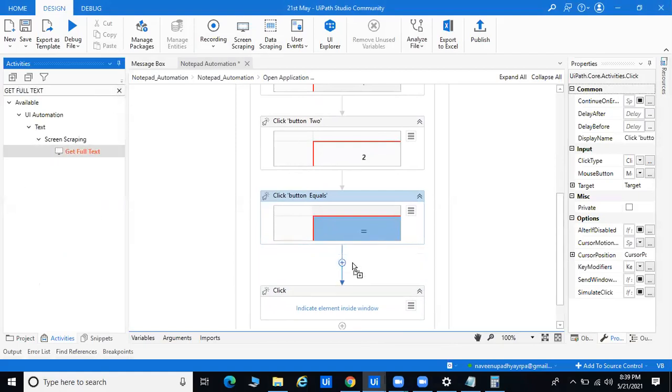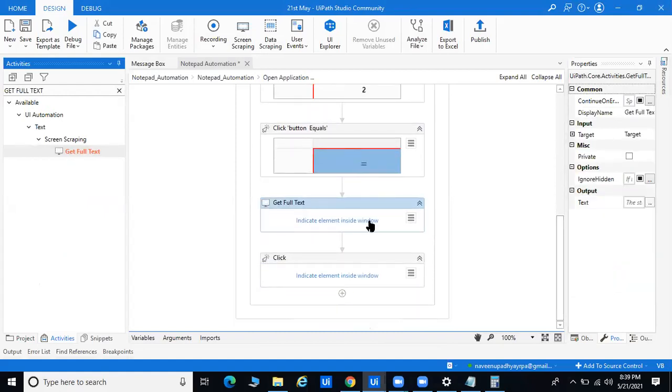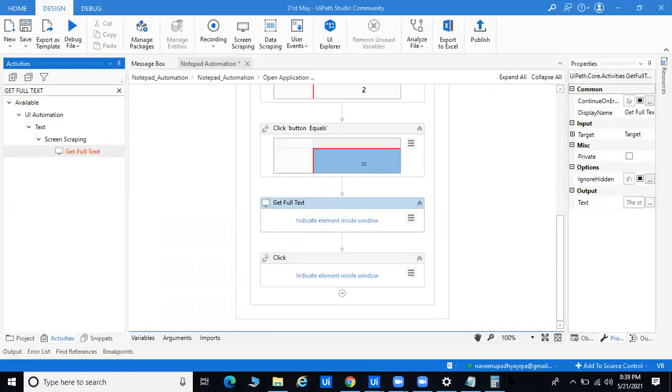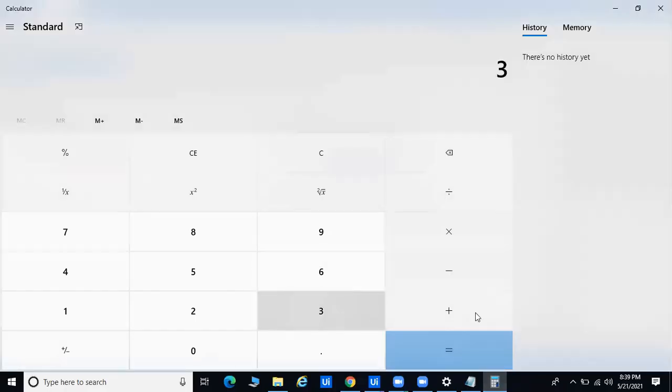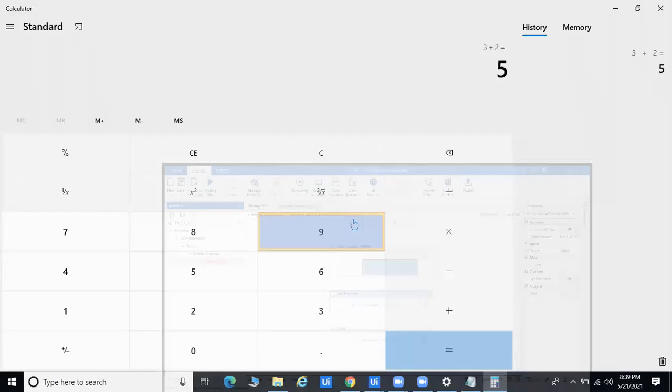So it's simple drag and drop. We'll try to go further and we'll try to close it. I'm doing all things manually. After that, we'll get the result. I do it automatically. Just 3 plus 2 equal to 5 you're getting, and we have to extract the data and go like that. Okay.